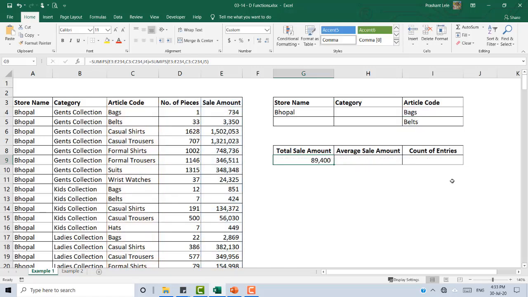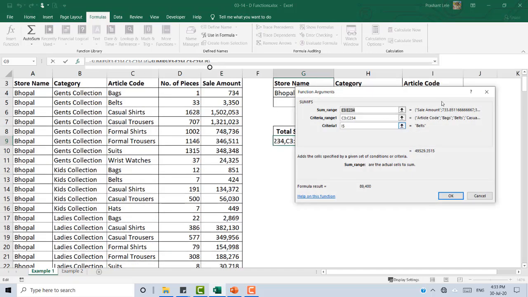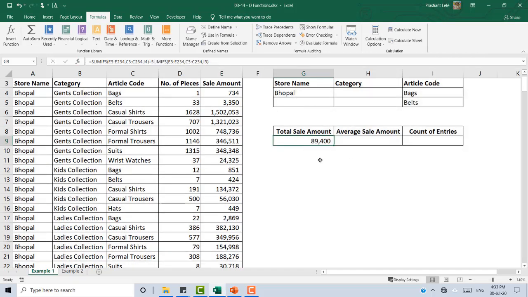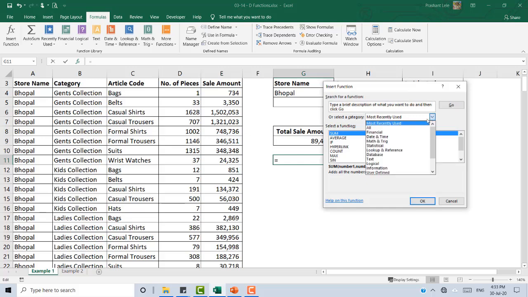So there are a lot of database functions. If you want to see the list of database functions, you can go to formulas, insert function, and not from here. You need to select a blank cell, insert function, and from the drop down list select database. So you have DAVERAGE, DCOUNT, DCOUNTA.